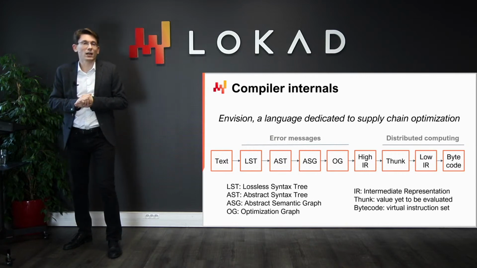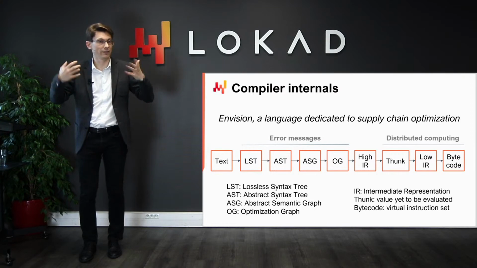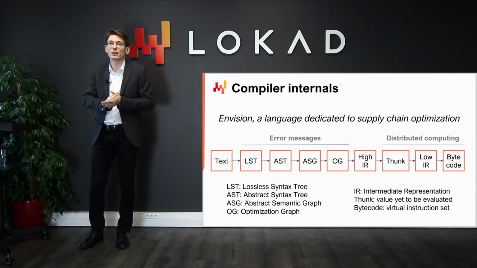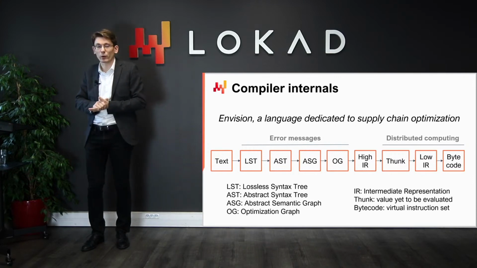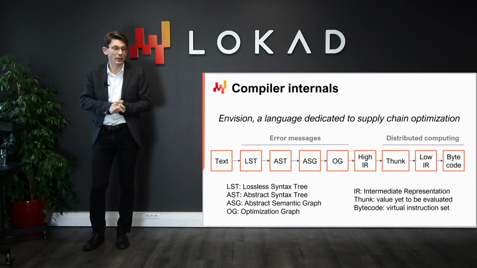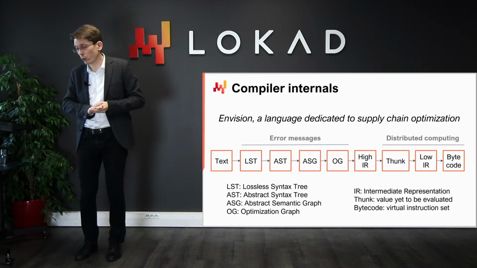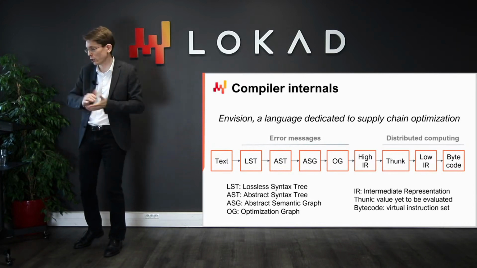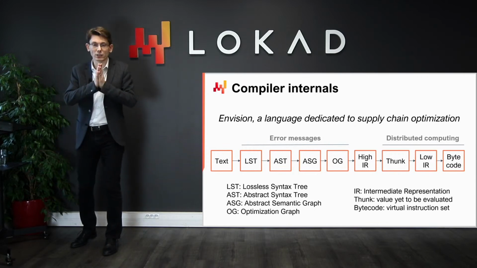So first, we start with a piece of text. The piece of text is essentially what contains the Envision script. It represents the sort of program that has been written by a supply chain expert, not a software engineer, to actually address a supply chain challenge of some kind. That can be to decide what you want to produce, what you want to replenish, what you want to move, or if you want to move a price up or down. That would be the sort of use cases that we have. So this piece of text contains the script.